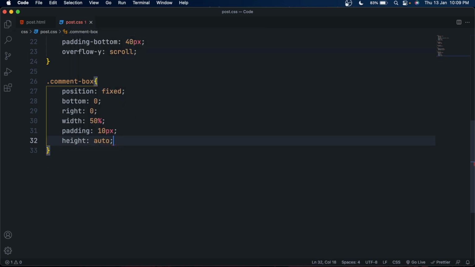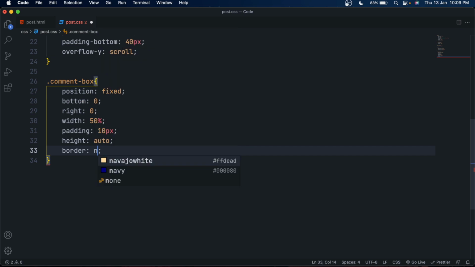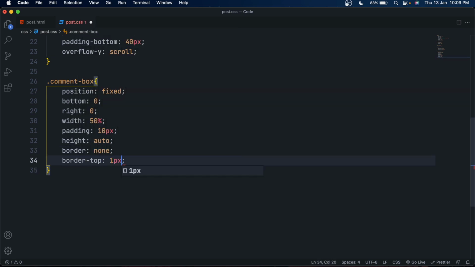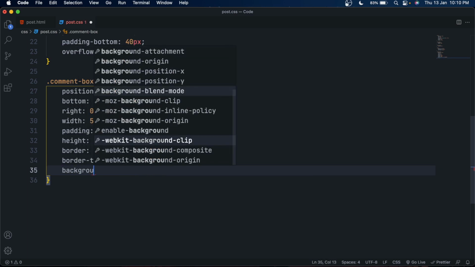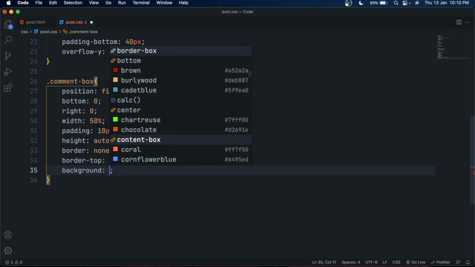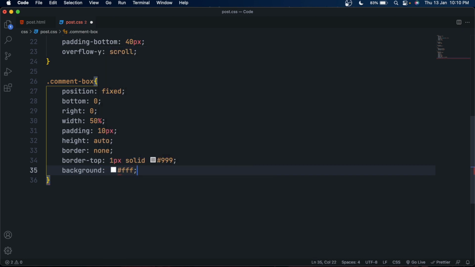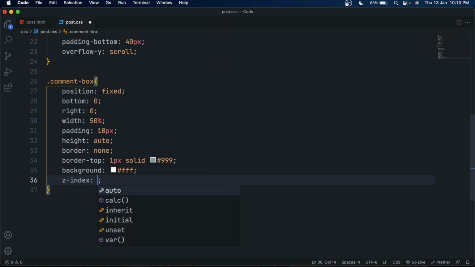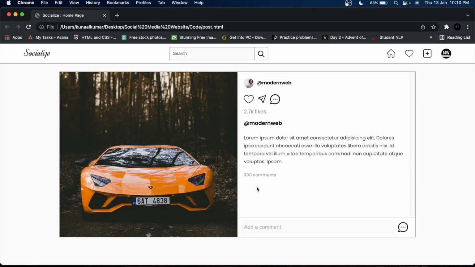Remove the border by using border none, and give a border top to it, let's say 1 pixel solid and a dark gray color. Also give it a white background, and set its z-index to 2 to make it over all the elements.